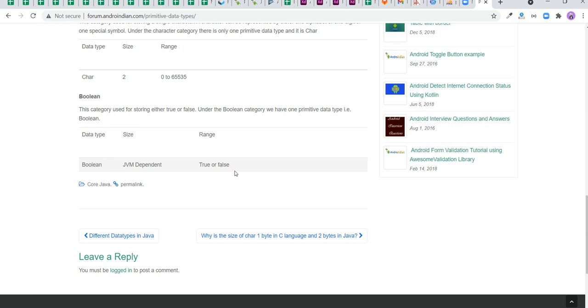Primitive means a single value, derived means multiple values, and user-defined means any data we want. Today we concentrated on primitive data types. Integer has four types: byte, short, int, and long. Floating has two: float and double. Character is single, and boolean is also single. So this is about primitive data types.